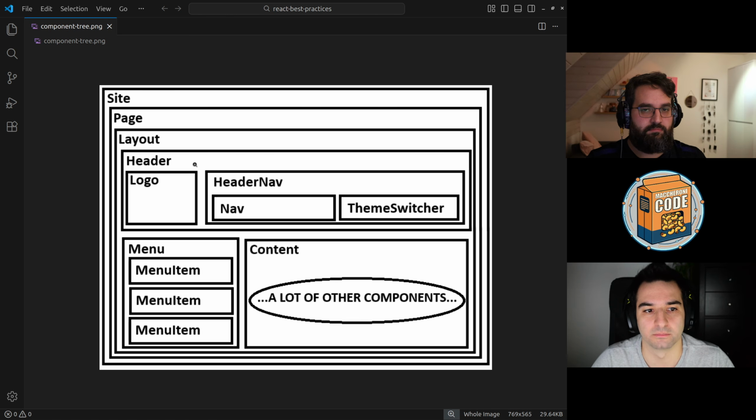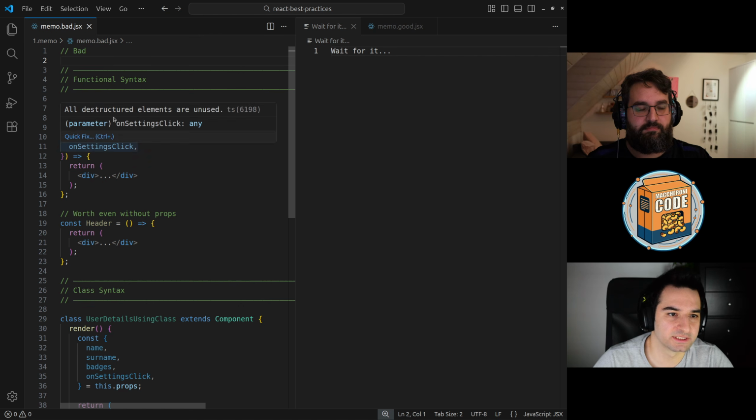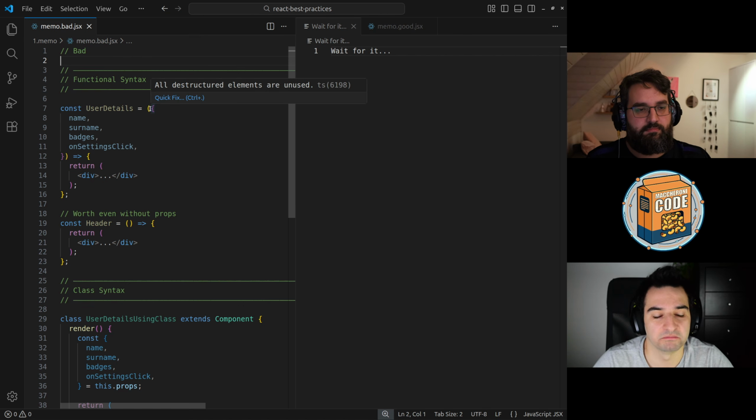And here is where Memo comes in help. So, what is Memo? Okay, I've prepared a little example here with two components that are really simple.